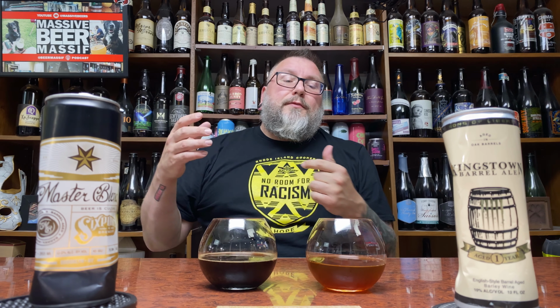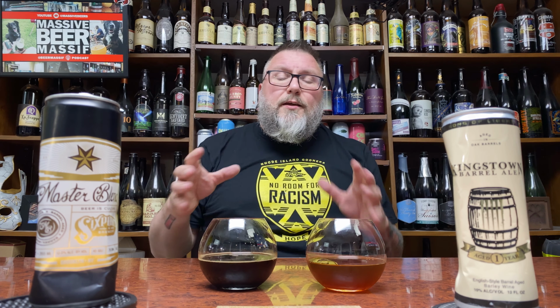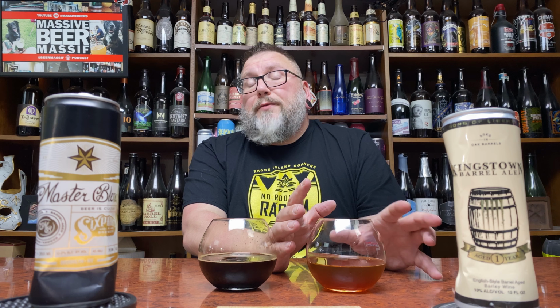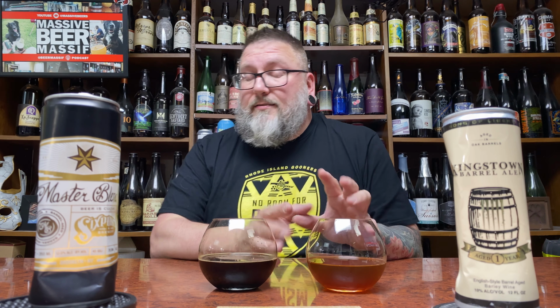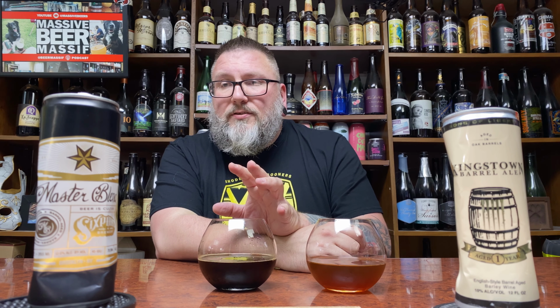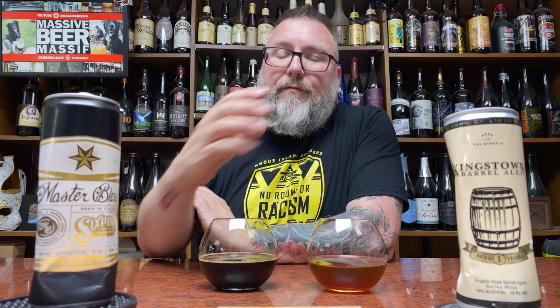So, in the grand scheme of things, this is an absolutely well done example of an English barley wine. Aged in neutral casks, because you're telling me there's whiskey involved, but I don't believe you. Over here, this is a really nice, well done Imperial Stout in bourbon barrels, but when I remember doing that